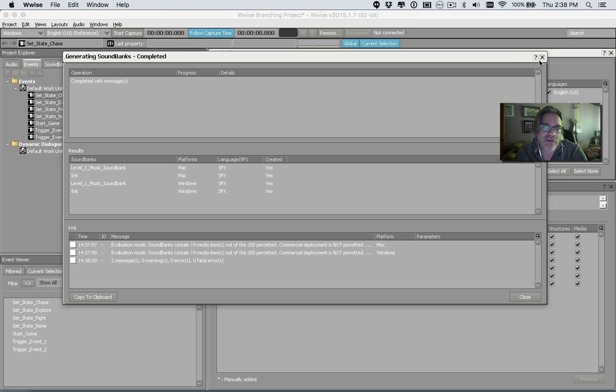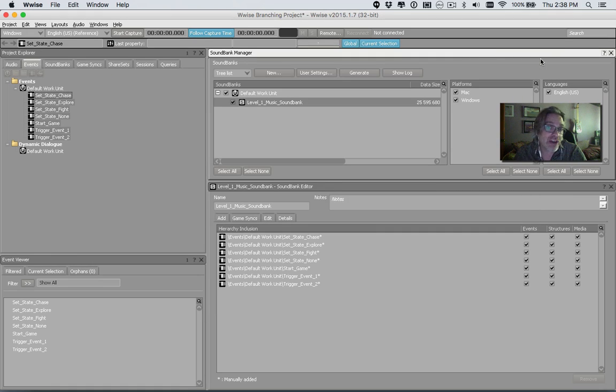I'm not going to go over how to set up the compression settings for each of the platforms in this video. We're just looking at how to create this sound bank editor, and that's basically the end. Now, if I go over to my desktop,